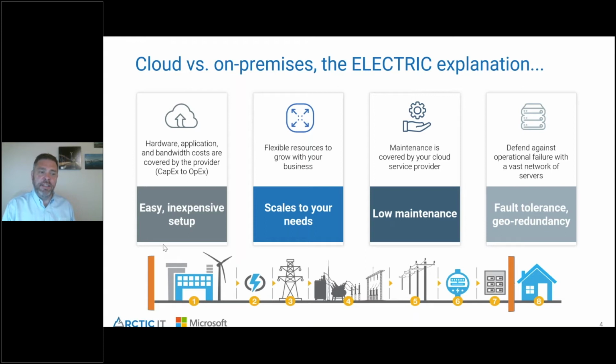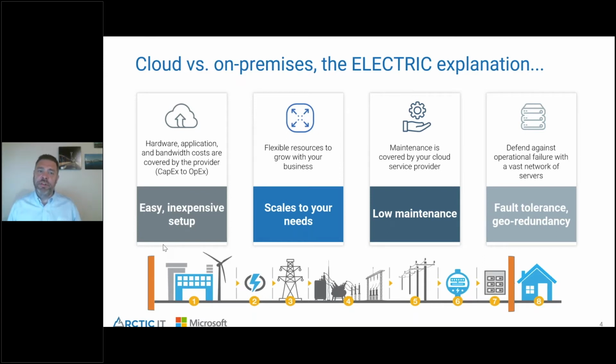One thing that's nice about the cloud is it's easy and inexpensive to set up. There is not a bunch of upfront capital expenditures where you're having to project what you're going to need for the next 3 to 5 years. If I am buying hardware, I'm usually trying to buy not just for today, but out into the future. I want that hardware to last as my organization grows. So I'm probably paying for capacity I don't need, and I have that CapEx expense, whereas moving to the cloud moves that more to an operational expense.